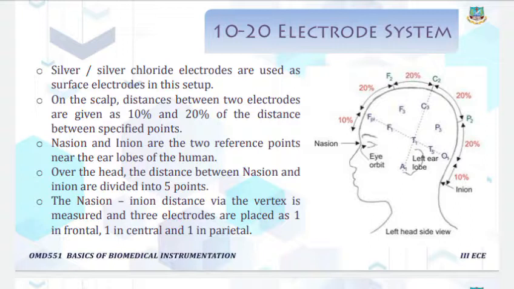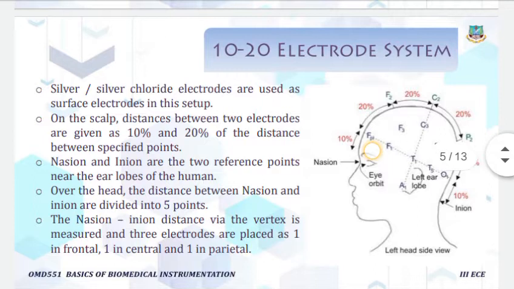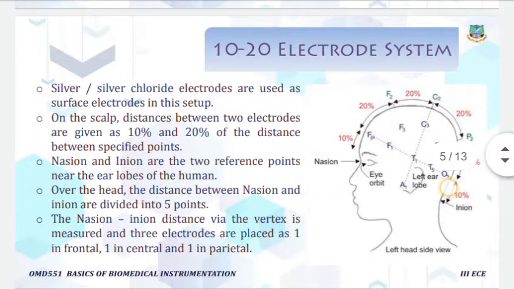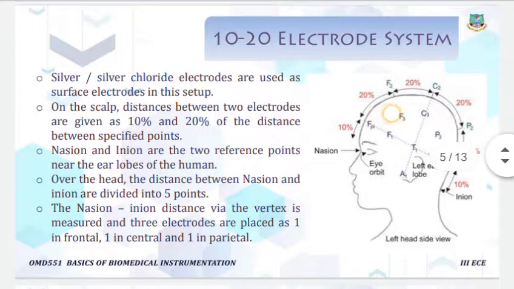There will be two points, the Nasion point and the Inion point. These Nasion and Inion are the two reference points, near the earlobe of the human. Now along the head, through the top of the head, this Nasion-Inion distance is split into 5